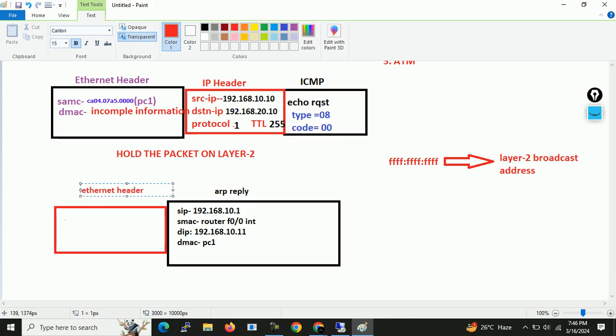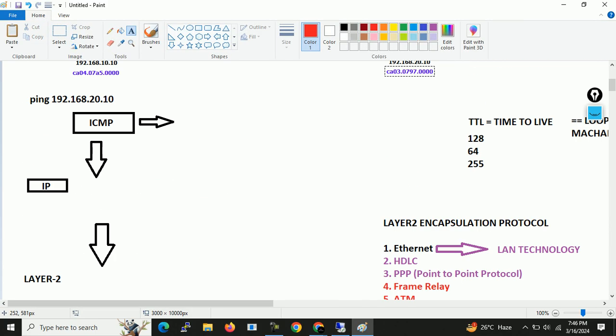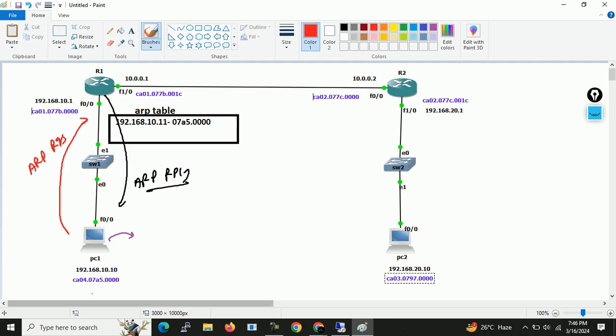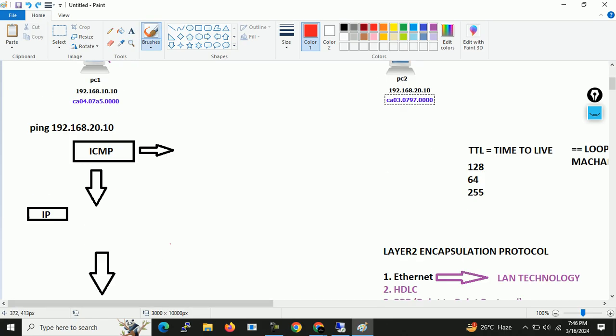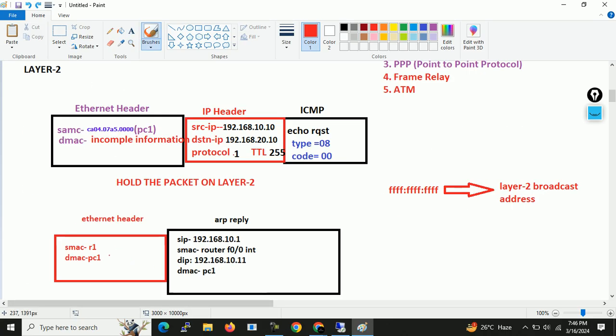In this Ethernet header it will add who is replying, router 1, and destination MAC address of PC1. Now this reply will be received by the system. Now I will check destination MAC address PC1, and it is for me, so I will remove the header, and this is the data, and he will check ARP replies for me, so I will accept this packet because the destination IP is 10.11